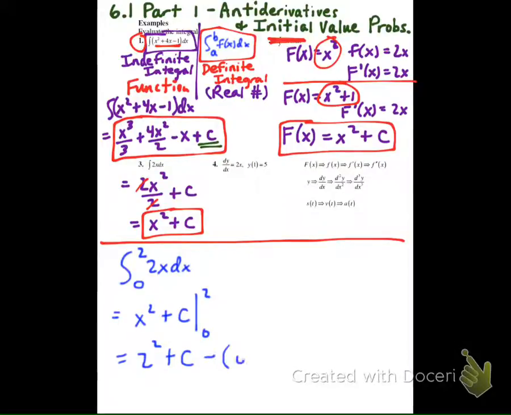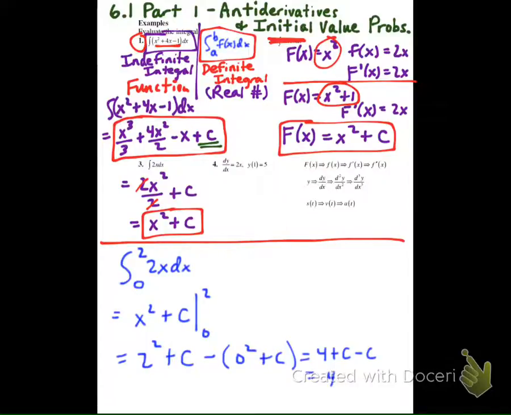Minus 0 squared plus c. And so we would get, noticing that the c's are going to cancel out, c minus c. Let me do this first instead of just doing that without showing the work. We'd get 4 plus c, and then we'd get minus 0 minus c,